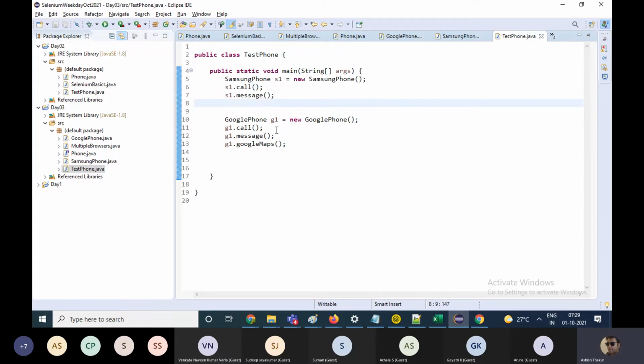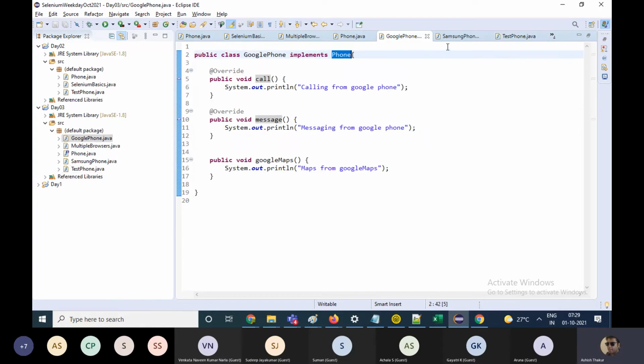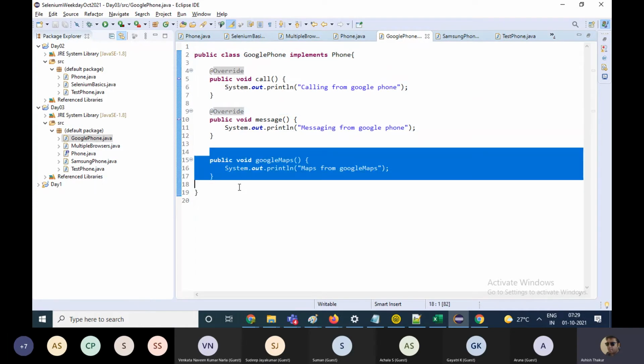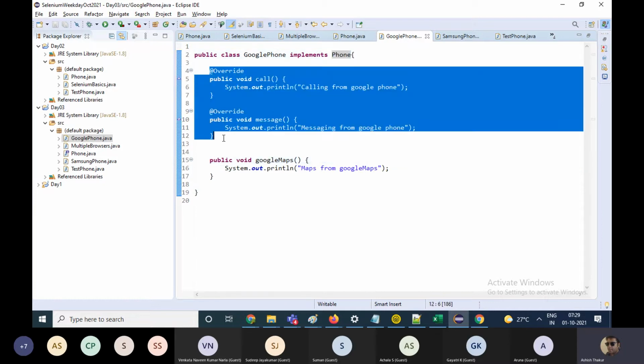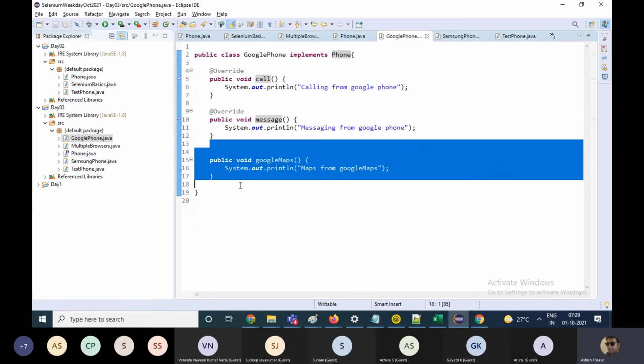Pretty simple, right? So we have two different classes implementing the phone interface. A class can also have its own proprietary functions, which are not coming from the interface. But if it is implementing an interface, it will have to implement all the functions from the interface. Apart from that, it can have its own functions.